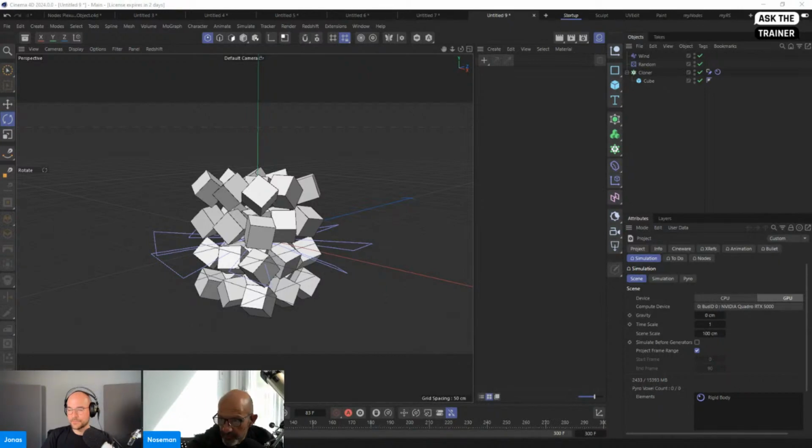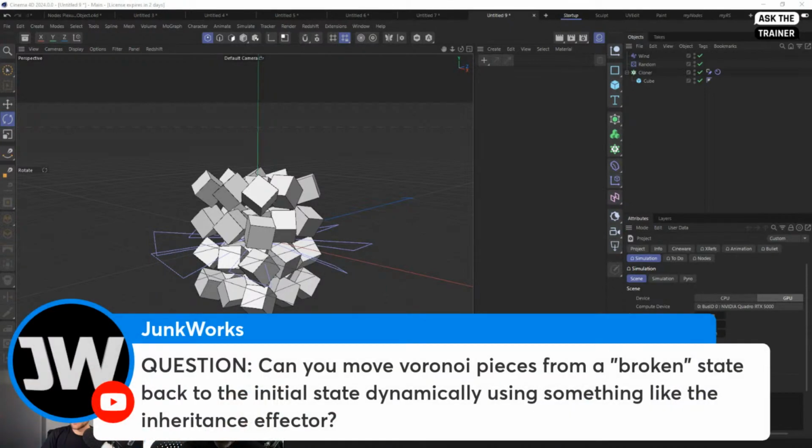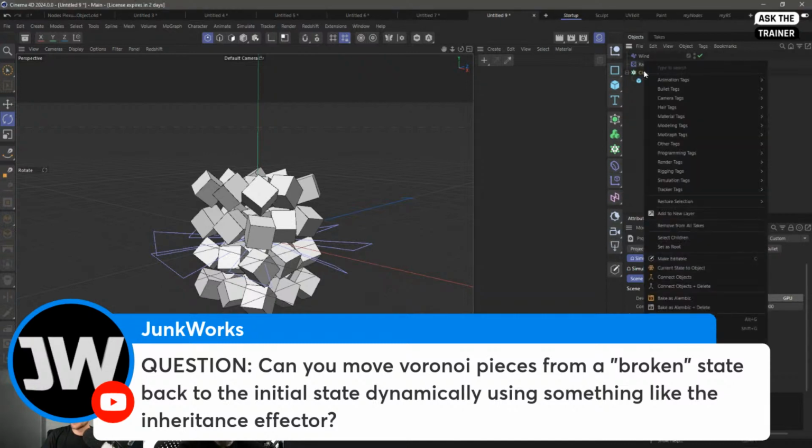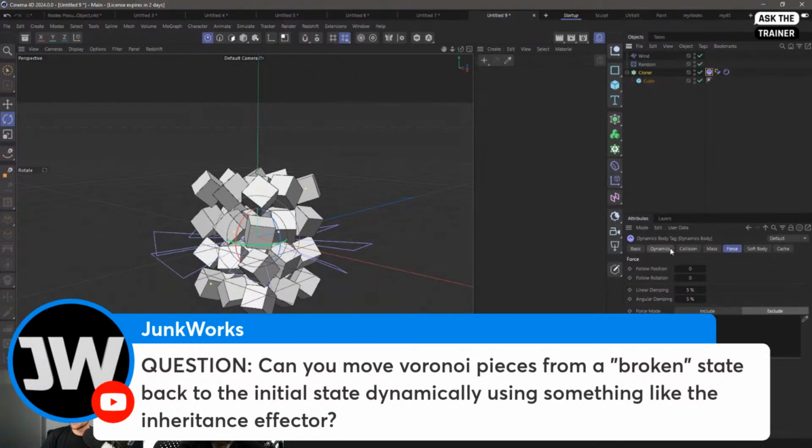Can you move Voronoi pieces from a broken state back to the initial state dynamically using something like an inheritance effector? You can deactivate the animation. So with a bullet, you just go to deactivate. Very quickly, bullet tags, rigid body. There is in the dynamics something that says dynamic transition. If you click on this and put the timing, if you turn off the dynamics, it will take